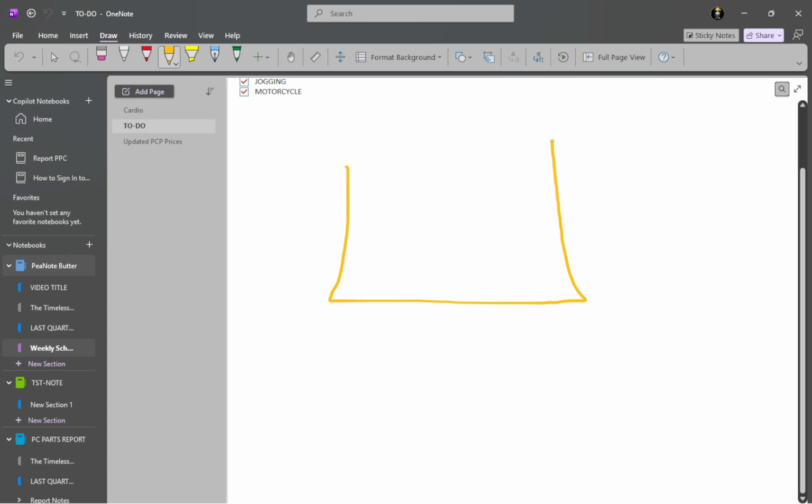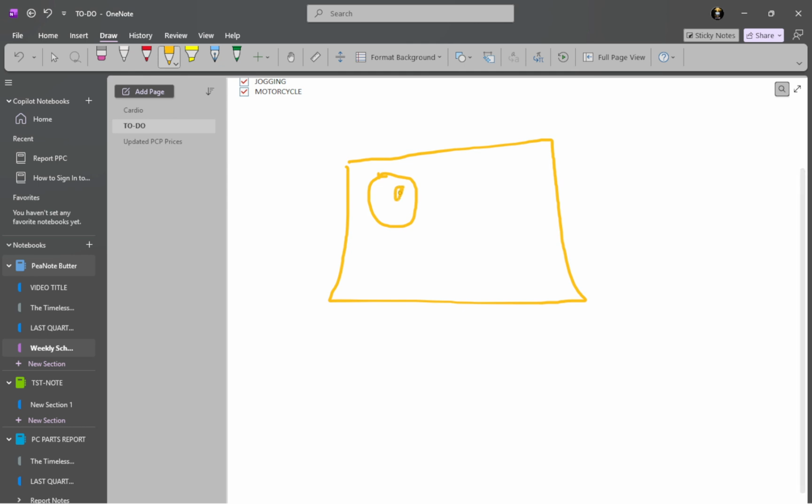When you're done drawing and want to go back to typing, switch off the ink tools by selecting the Text or Type button on the Draw tab. This returns your cursor so you can click anywhere on the page and continue with normal text input without accidentally